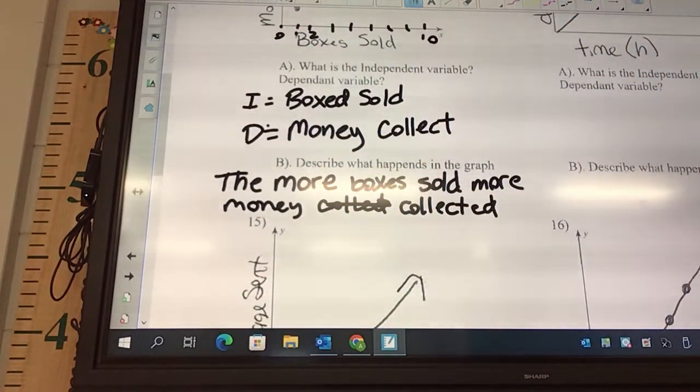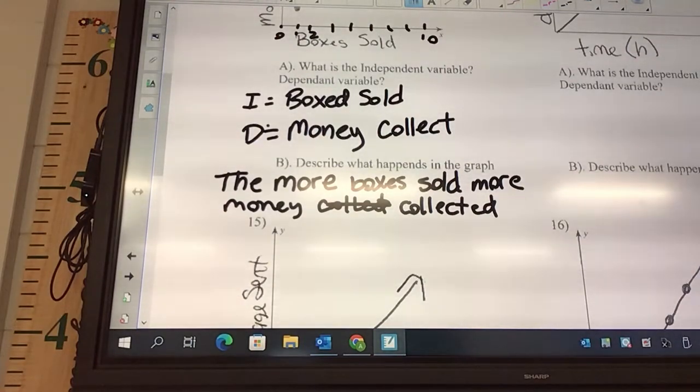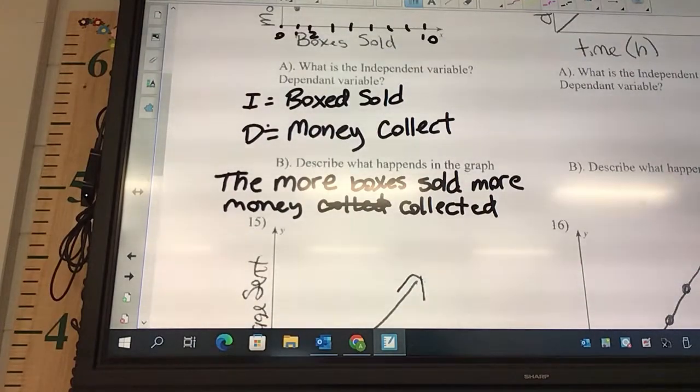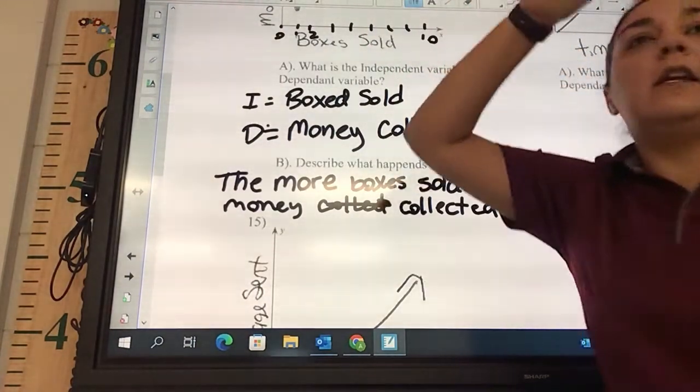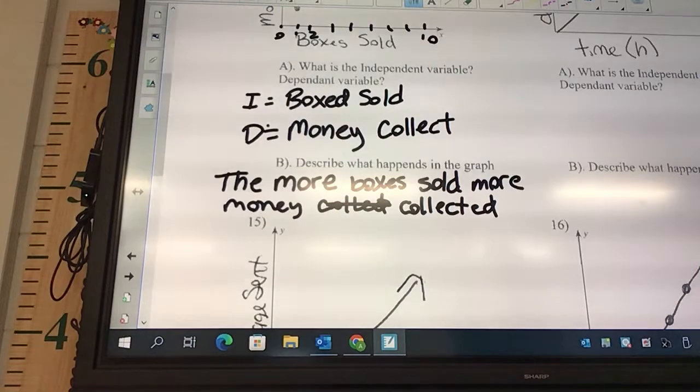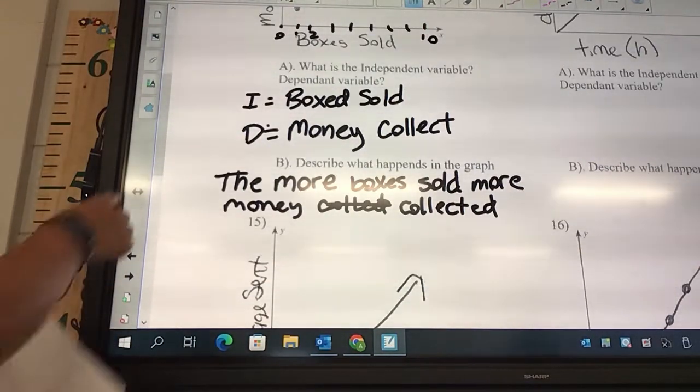Typically the X is going to be increasing. It's the Y part, the side bar, that is going to be either less or more. So the more boxes that are sold, the more money is collected. Does that make sense, honestly? It should. The more boxes you sell, the more money you're going to have. That's just, I don't want to say common sense, but